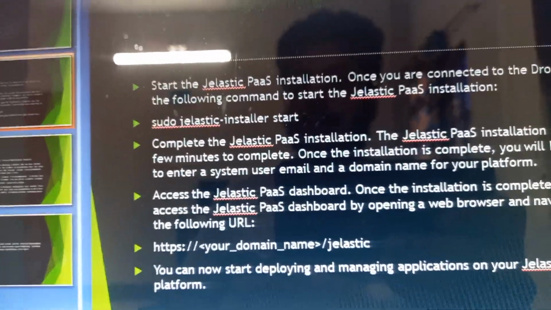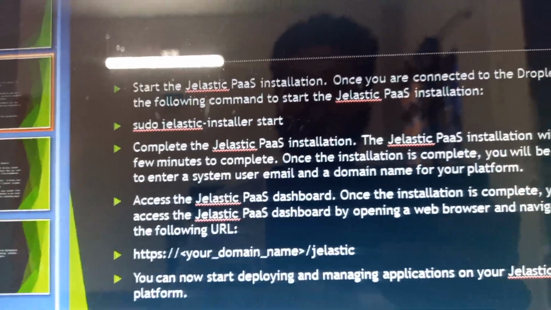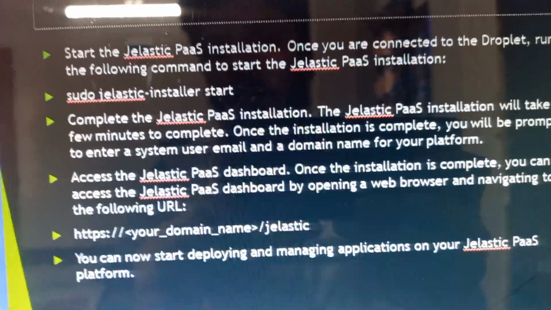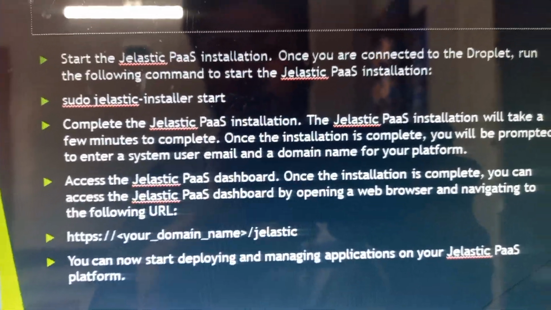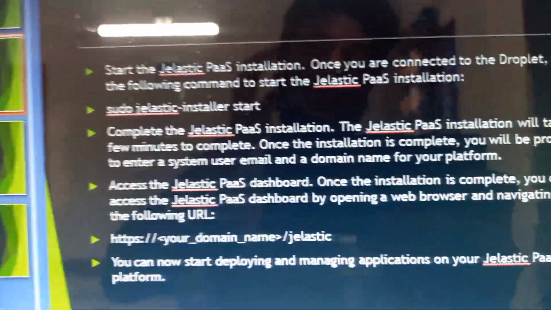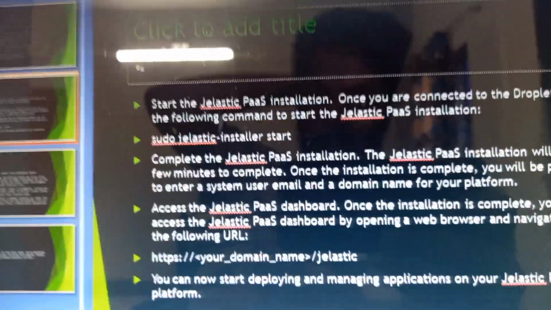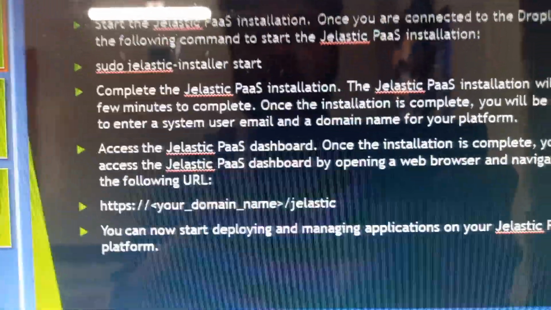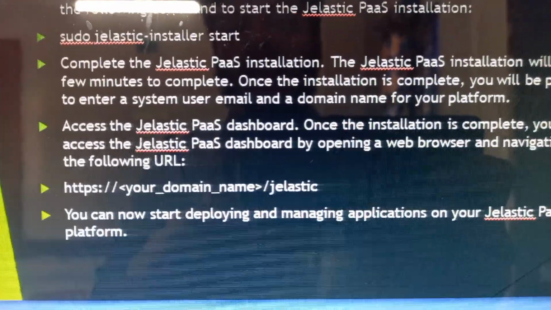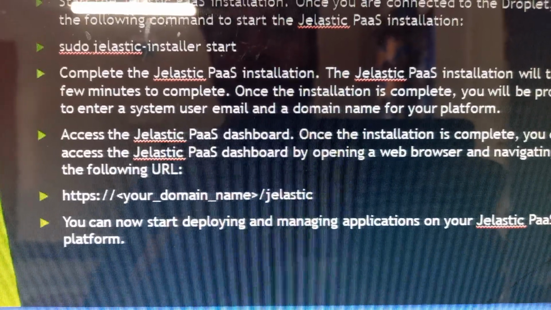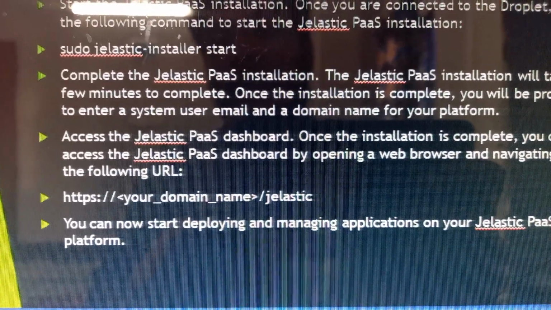Start the Jelastic platform as a service installation. Once you are connected to the droplet, run the following command to start the installation: sudo jelastic installer start. Complete the Jelastic platform as a service installation. The installation will take a few minutes to complete. Once the installation is complete, you will be prompted to enter a system user email and domain name for your